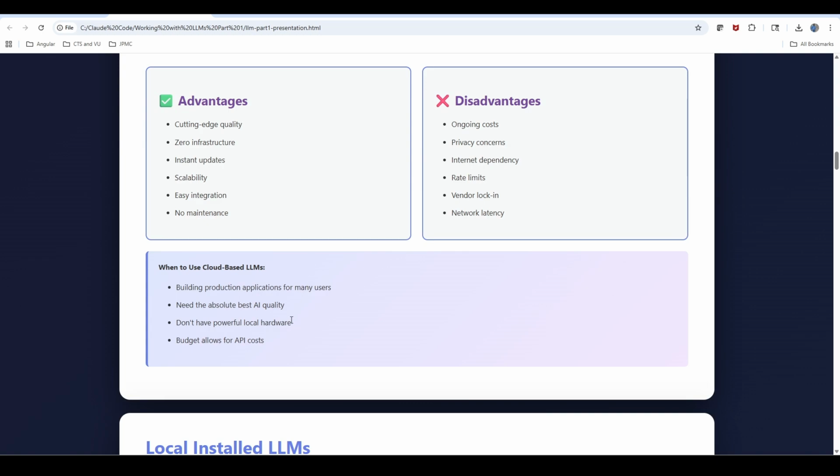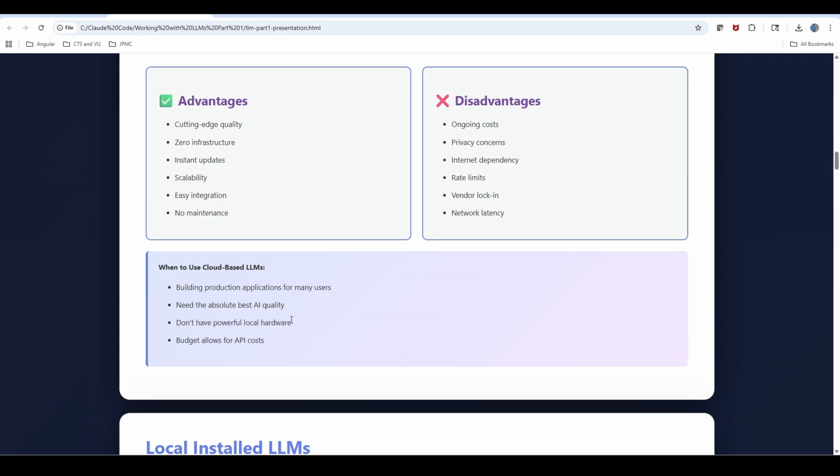If you want to build some kind of production-grade applications for many users, and if you don't have powerful hardware locally, you are not able to manage infra, and sometimes for small or medium size organizations, using cloud-based LLMs is cost effective. So these are the scenarios where we can go for cloud-based LLMs.